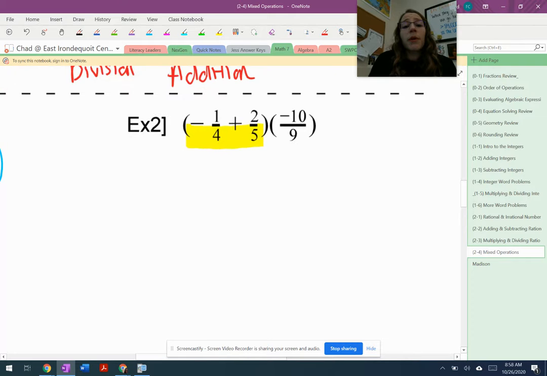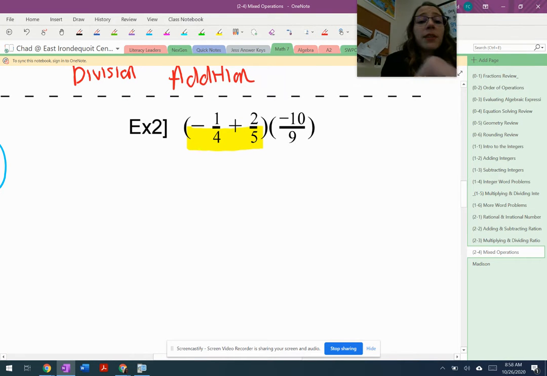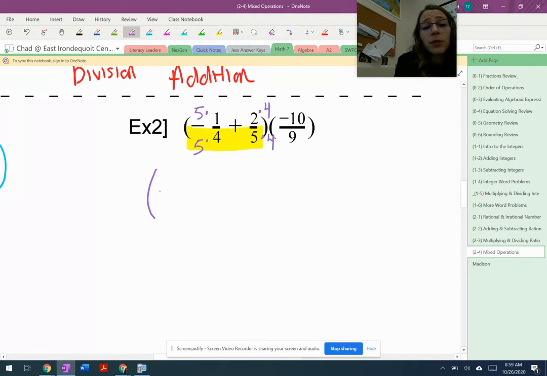So going back to my fraction rules, I know that in order to add and subtract fractions, I need to have common denominators. I do not have common denominators, so I need to get that. So 4 and 5, I'm just going to multiply them by each other to get 20. So I'm multiplying this first fraction by 5, my second fraction by 4, leaving me with negative 5/20 plus